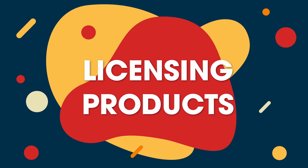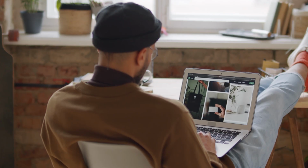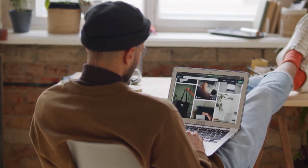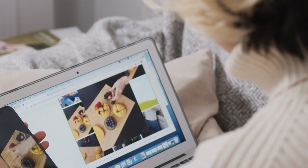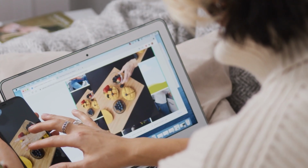Now for the next method, licensing products through websites such as Fiverr and Upwork. These sites provide many opportunities. However, the more hands-off ones that I have seen would be licensing products such as stock photos, sound bites, and motion graphics. So if you're a photographer or a graphic designer and you already have these libraries, there's a lot of content creators, a lot of social media influencers that would kill to have these things